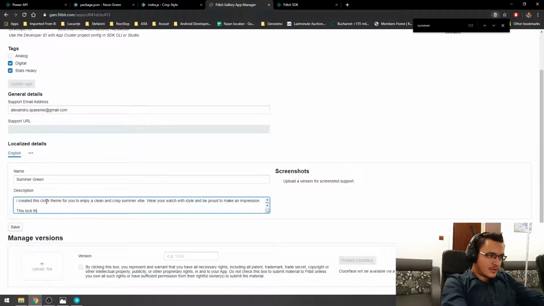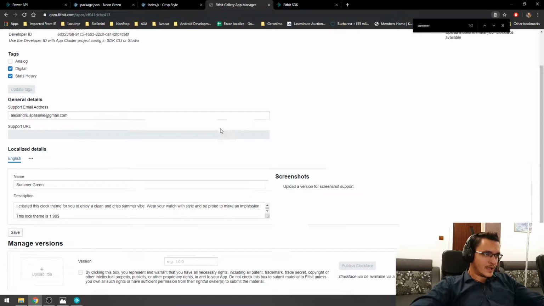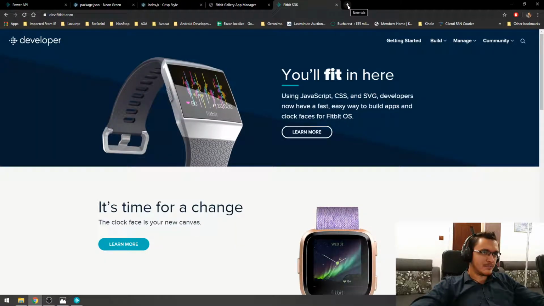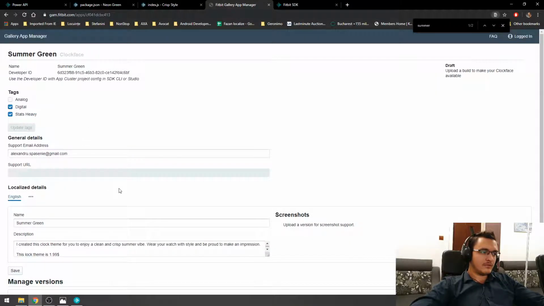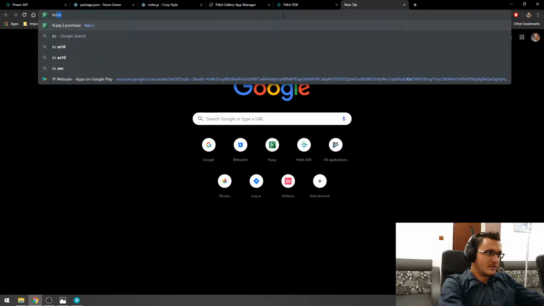This clock theme is $199, because it will be 199. Alright, so now we're gonna do the next step, which is implement the payment part. So in this example you can make it for free, so you won't have to do the next steps that I will show you, but you can make it a paid app, a paid Clockface. So for this you will go to